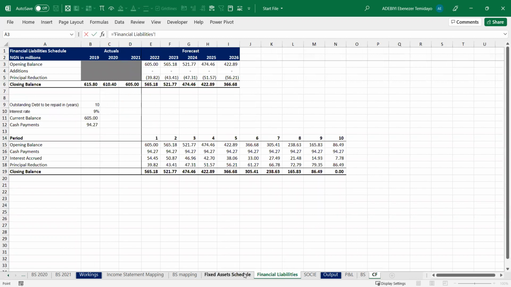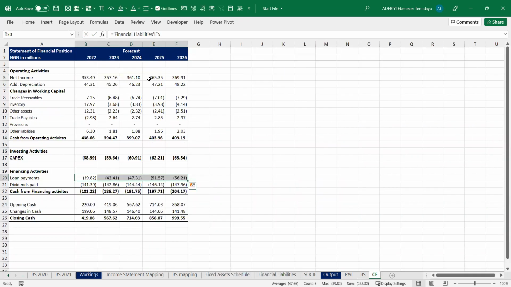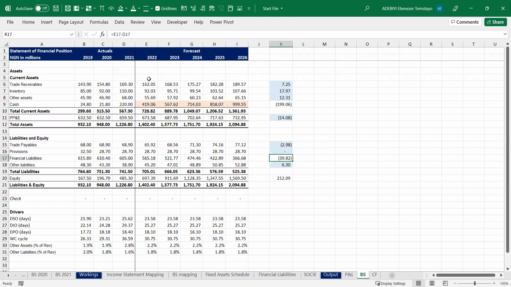Where is it? Yeah, up there. E5. Go. Yeah. Now,